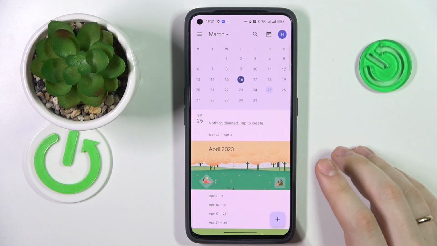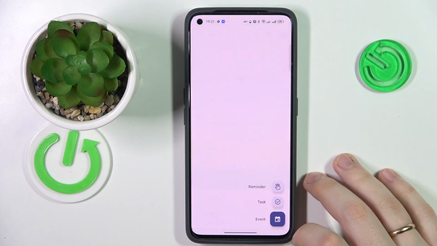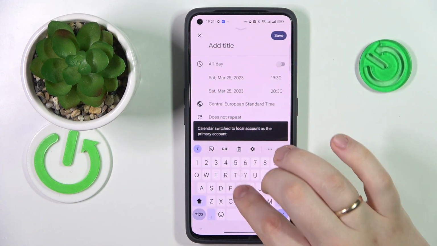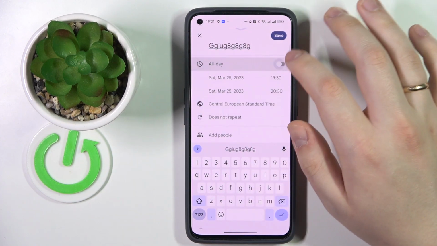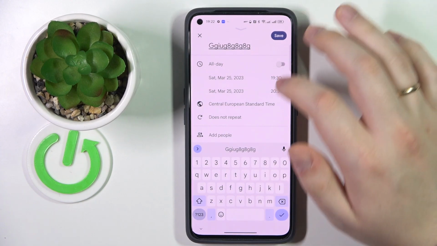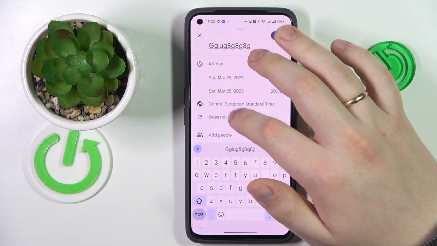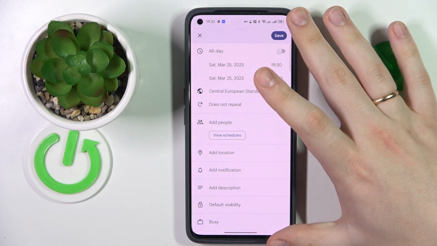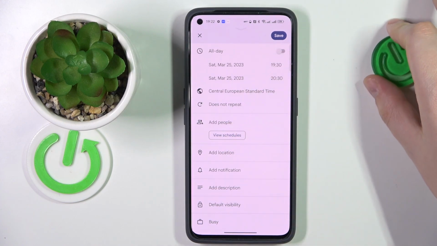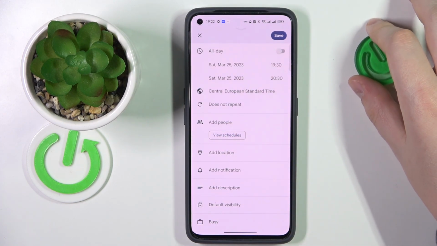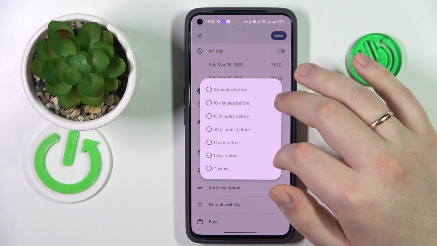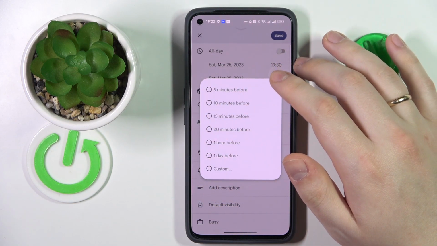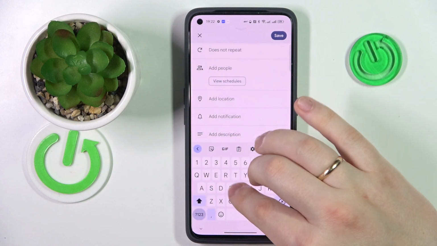Then, once chosen, tap at this plus icon to your bottom right, choose the event, and in here you can set a title for your event, set the time frames for it to occur, change the time zone, make it a repetitive event if you would like to, add or invite some people to attend, add the location that this event will have a place at, choose where you would like to be reminded about this event, or to put it in other words, set your notification preferences for it, add some brief description if you please,